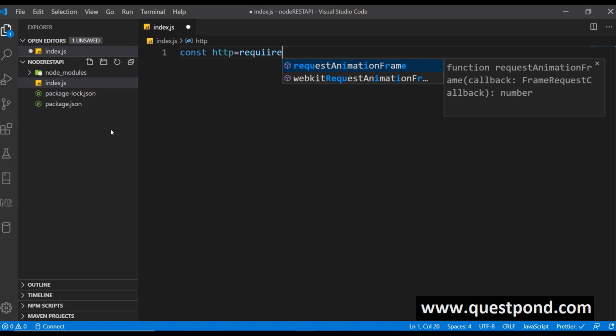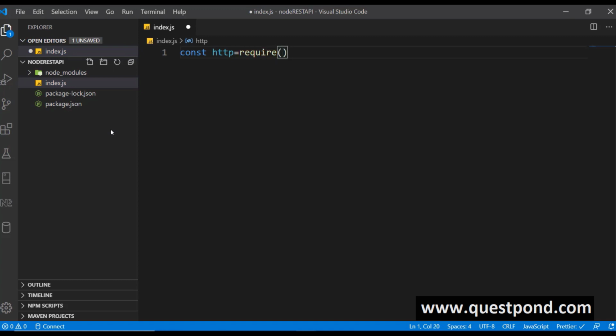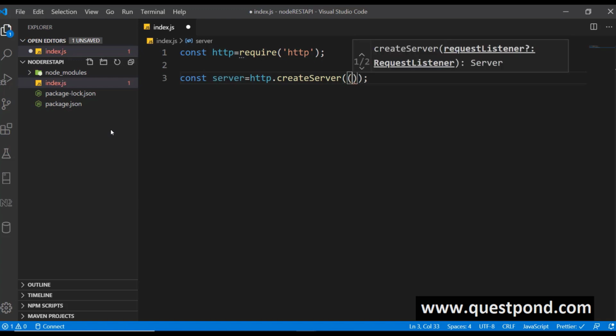So over here I could say require, and inside that I'll be using that HTTP package, and then I could say const server, and here I could use that HTTP instance and I could say createServer. Now that createServer, you need to pass a callback function. So inside that createServer, as a parameter, I'll be writing a function with two parameters, request and response,